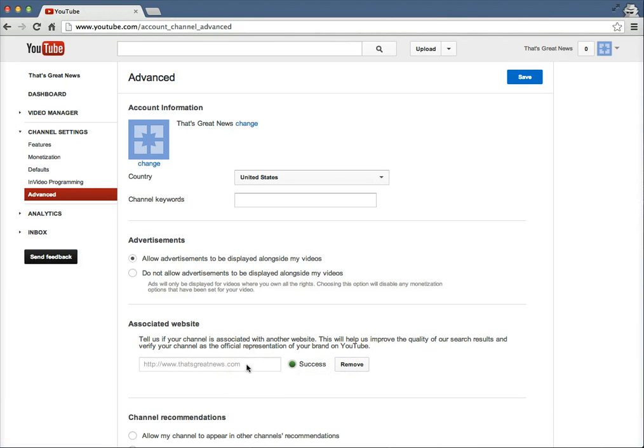Now they're going to give you several options, one of which is to upload an HTML file that they'll give you to download. It comes from Google. There's another option to go into your hosting account, whether that's GoDaddy or Network Solutions, somebody like that. There are a number of different ways to get it done, but you'll need to make sure you successfully verify your website. Once that's done, you're going to go into your video manager,